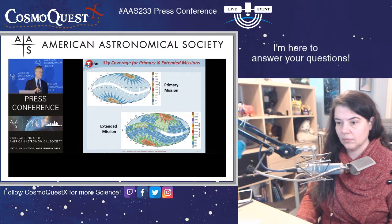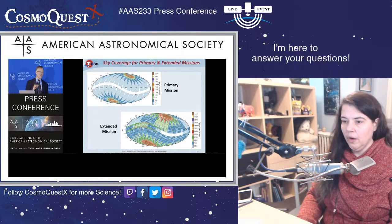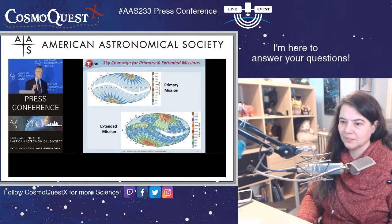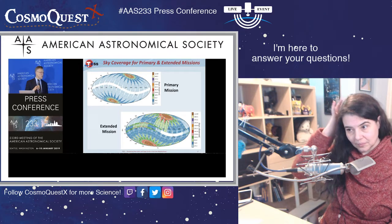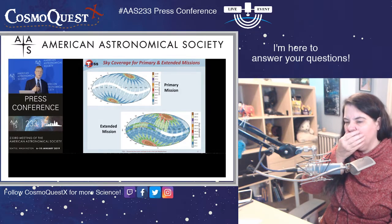In addition, there's a slot that shows in green in that lower plot. That contains the original Kepler field in the northern hemisphere. We're going to go back and spend an extended observation to look at that, so that with a longer baseline we'll be able to recover a fairly large number of originally Kepler-discovered objects. And then